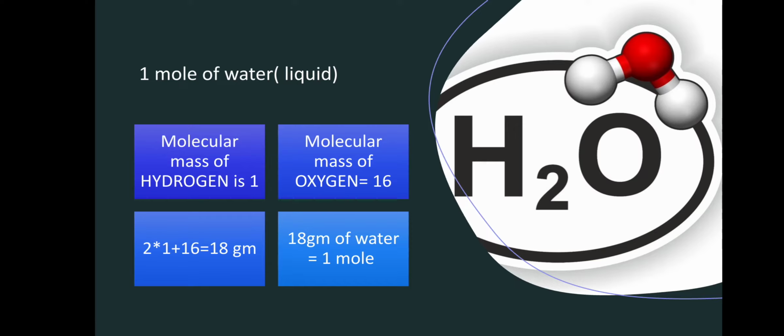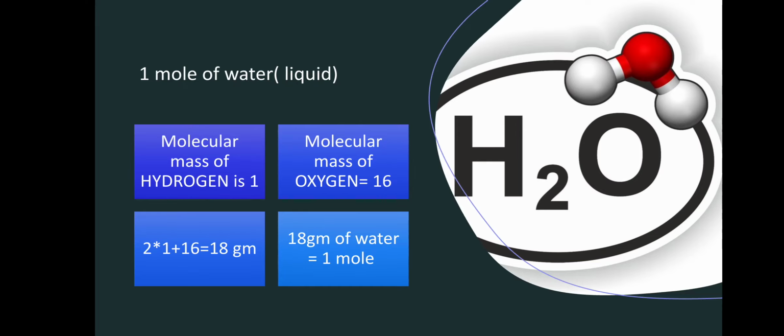H2O. Molecular mass of hydrogen is 1. Molecular mass of oxygen is 16. These two also you know. Now you tell me how to find the molecular mass of water. That means 2 hydrogen atoms are there. 2 into molecular mass of hydrogen plus molecular mass of oxygen. 2 into 1, that is molecular mass of hydrogen, plus molecular mass of oxygen is 16. 2 into 1 plus 16, that is 2 plus 16 is equal to 18 grams. Now I can tell you 18 gram of water is 1 mole of water and 58.5 gram of salt is